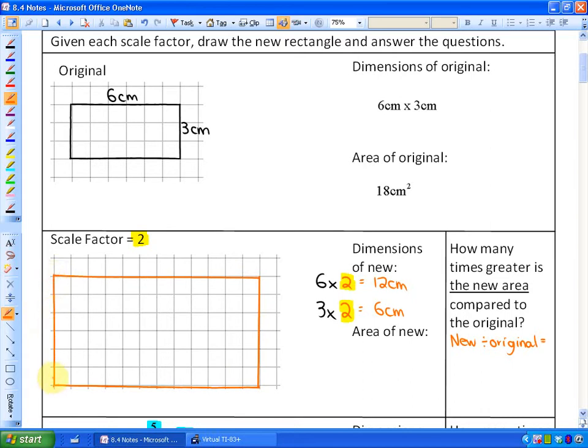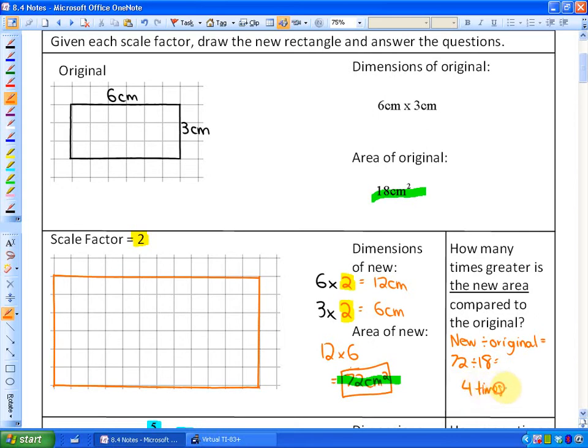So there is a 12 centimeter by 6 centimeter rectangle. I've applied a scale factor of 2, and the area there is 72 centimeters squared. The question now asks, how many times greater is the new area compared to the original? Does a scale factor of 2 also mean the area is twice as large? We'll find out no, that's not the case, because the new area is 72 and the old area is 18, and if we divide them, the new divided by the original,